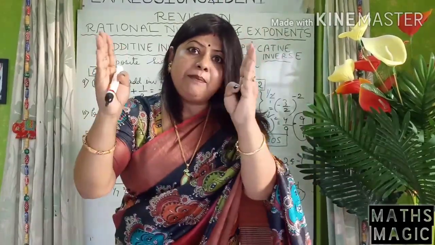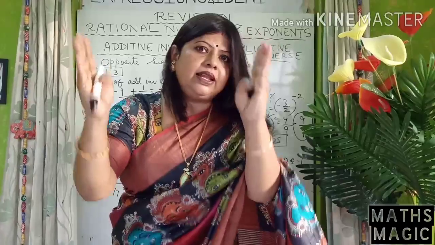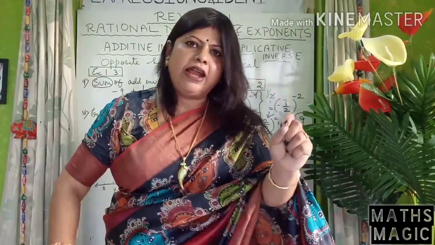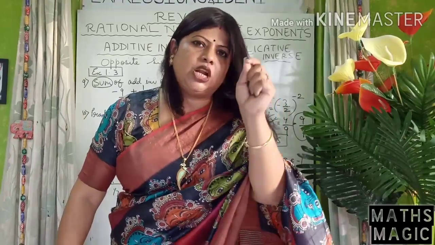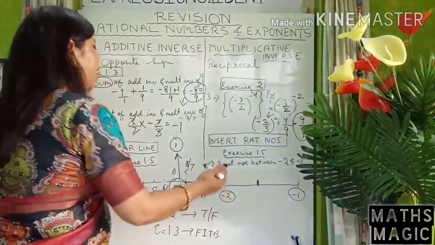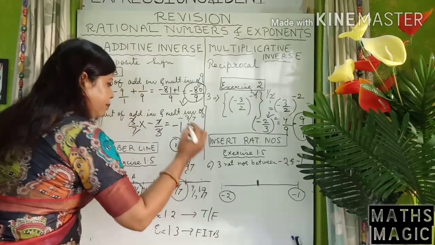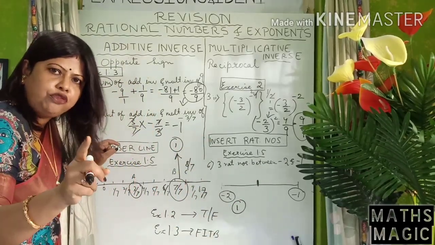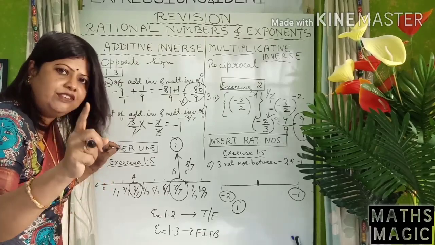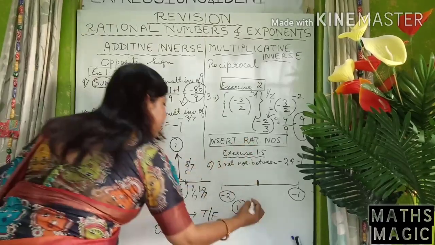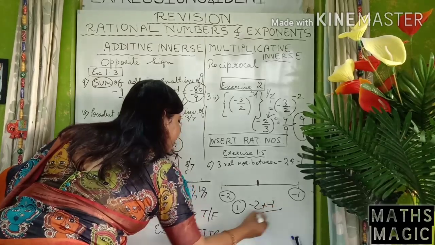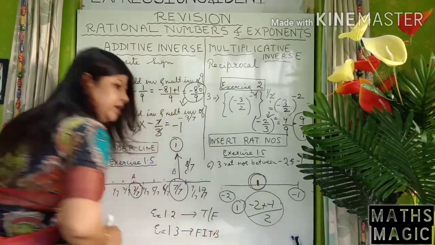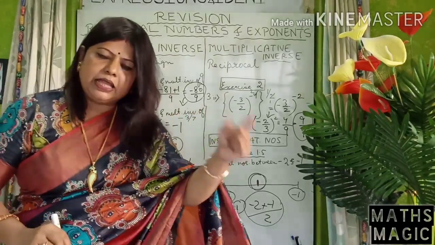And if you find the mean of B and the center number, you get the number in between. Simple method of finding or inserting rational numbers in between. So when you have to insert 3 rational numbers, what will be my first rational number? The first rational number, I am going to find the average of what? Average of -2 and -1. So (-2 plus -1) whole divided by 2. So I will get this number, the center. Okay, that is how we find the mean.